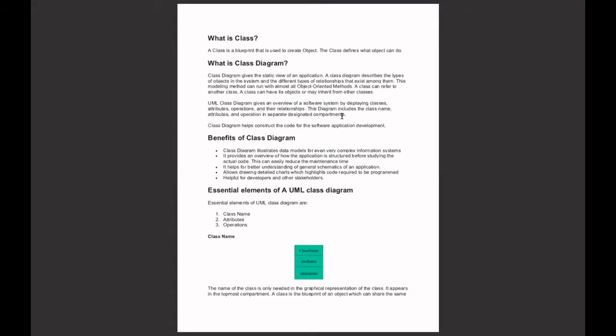Now moving to the object part. An object is defined by identity, state, and behavior. These are the differences between class and object. Classes are defined by three main elements as I explained earlier: name of the class, attributes, and operations. And an object is defined by identity, state, and behavior.